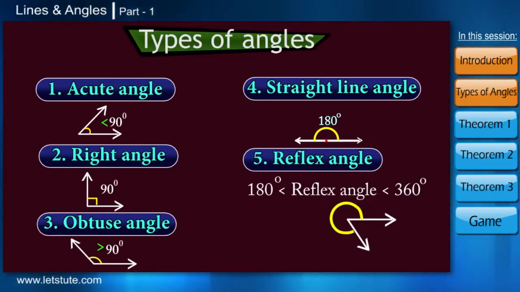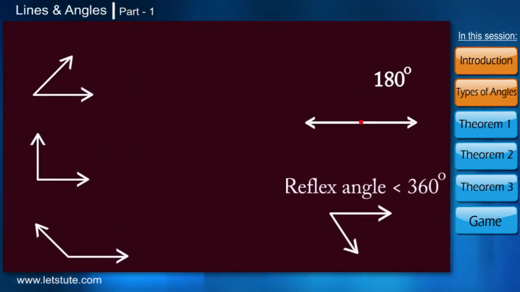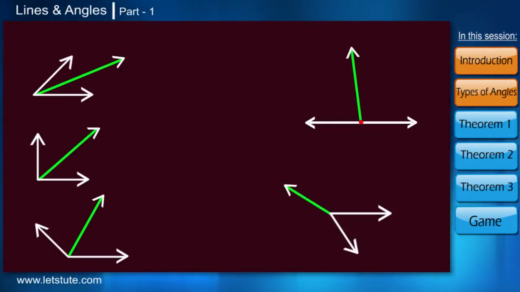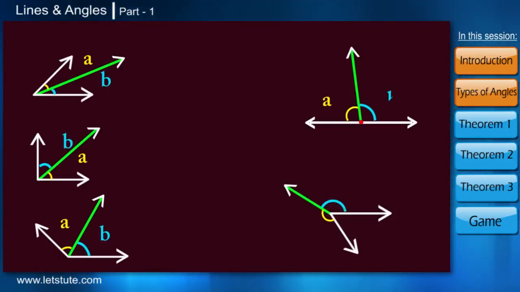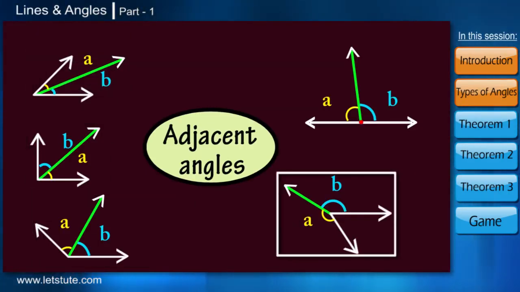So, till now, we were talking about only one angle. But when I draw one ray somewhere between the angle, now we have two angles which have one ray in common. Right? And such kind of angles are called adjacent angles. Now these adjacent angles can be of various types and different measures.